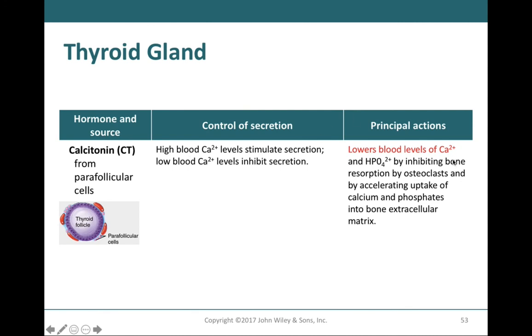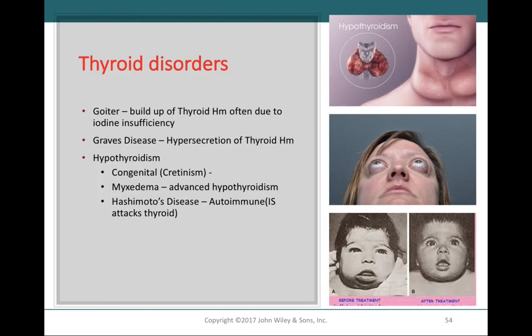You can see we do this by inhibiting our osteoclasts. Osteoclasts are the cells that crush bone. They're going to break it down and release it into the bloodstream. So we're going to stop the process of bone resorption by osteoclasts, and instead we're going to have other signals that activate osteoblasts. Our osteoblasts are going to build bone. They're in charge of the process of bone deposition, so this is going to force calcium into our bone's extracellular matrix. Now we'll see the other side of calcium homeostasis when we get to the parathyroid gland, but first we have